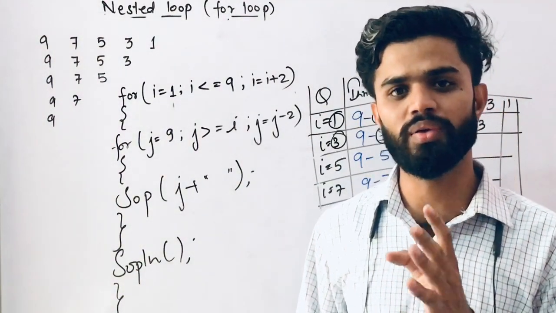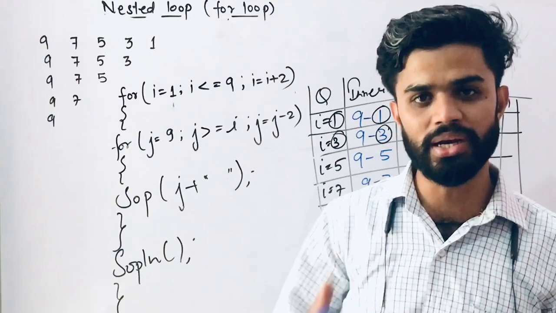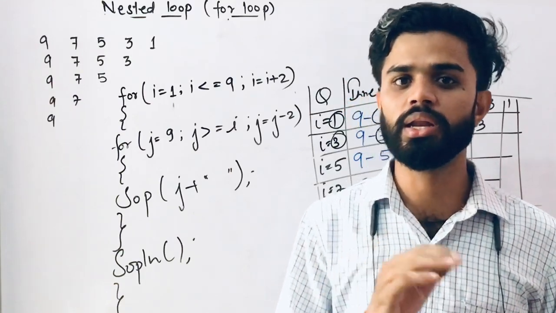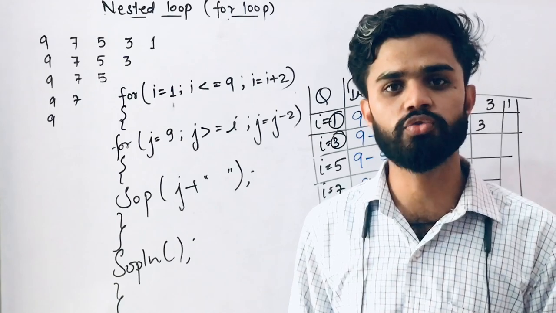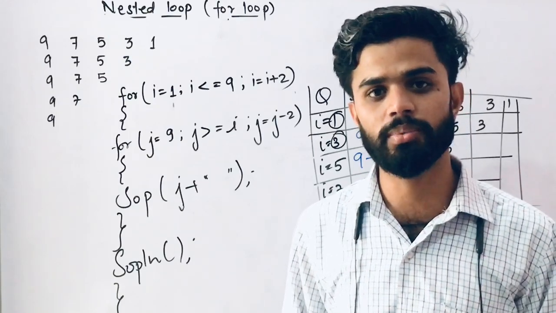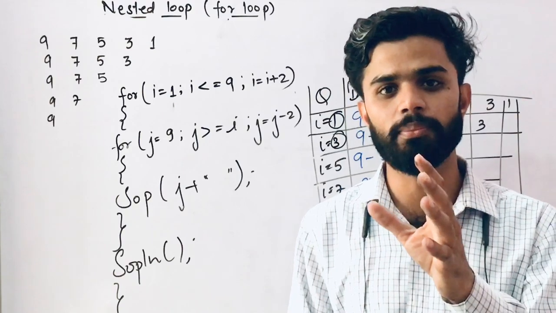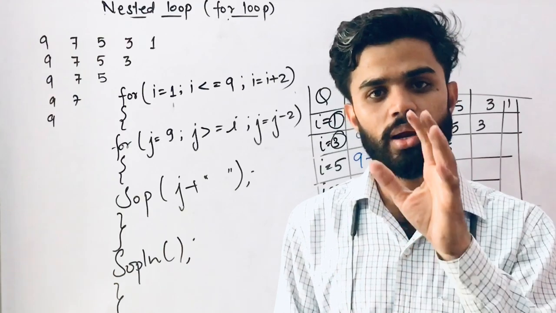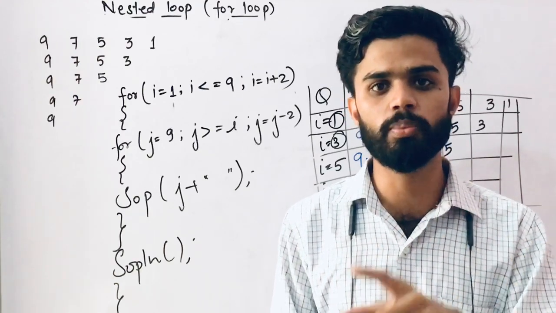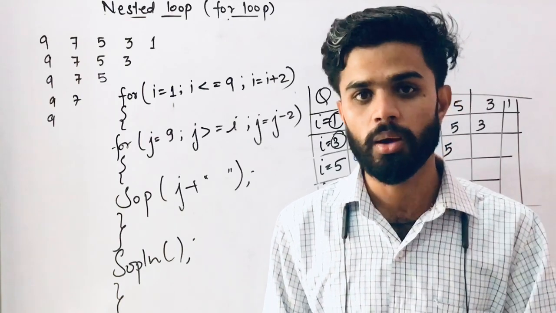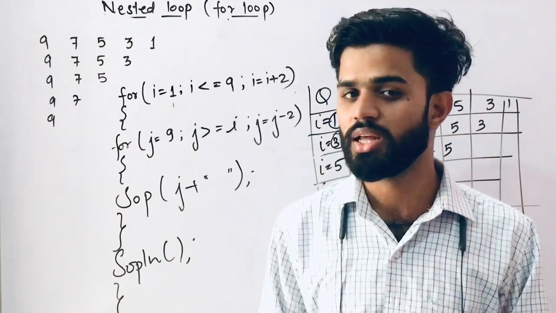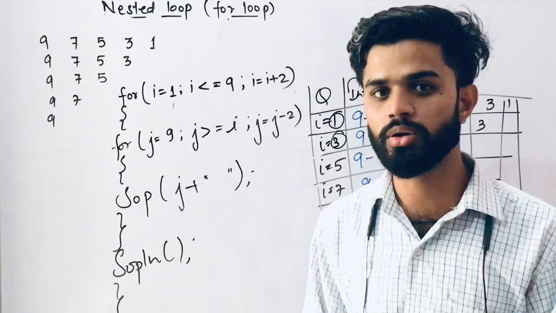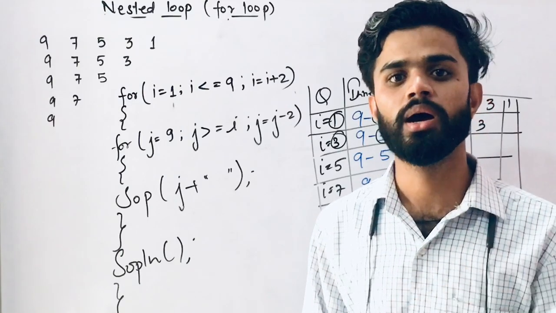But whenever we are going to solve any program or print any pattern, it is very important to find the relation between the inner loop and outer loop, because without finding the relation... I'm not talking about any type of normal relation, it is a logical relation. Clear? So if you are able to find the logical relation between inner loop and outer loop, then it is very easy to solve your program. But if you are not able to find the logical relations, then you will never print your patterns. So it is very important to find the logical relations between inner loop and outer loop.